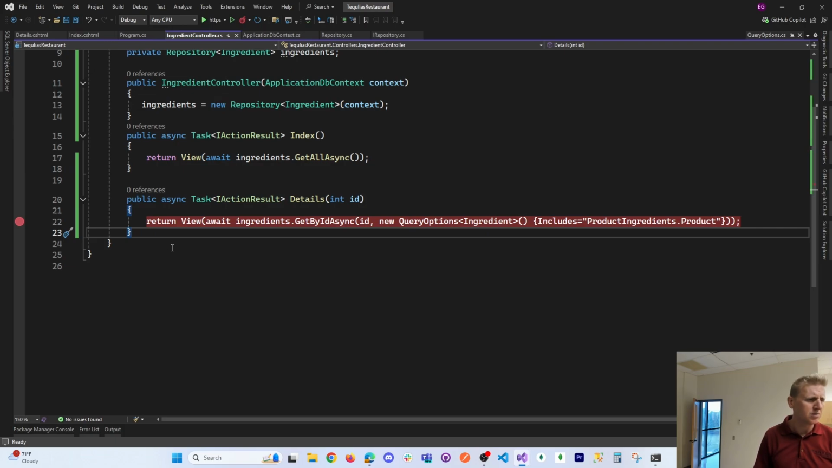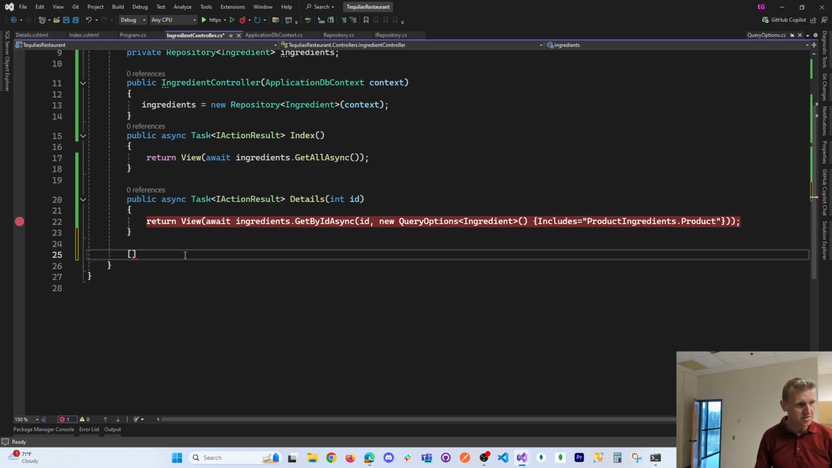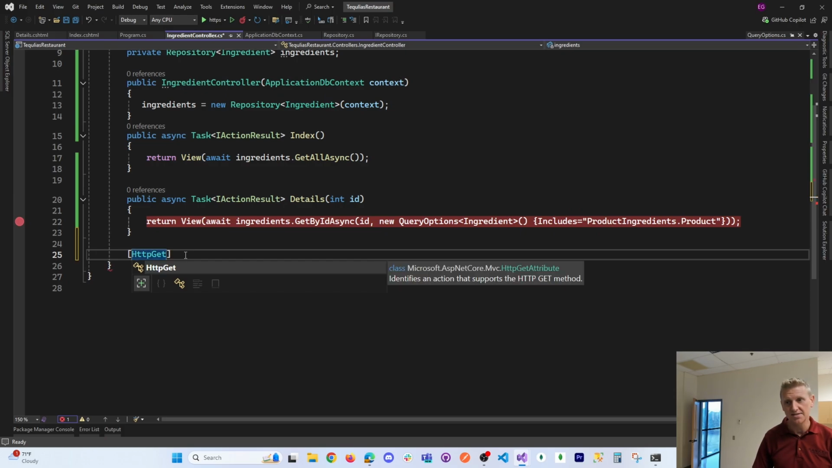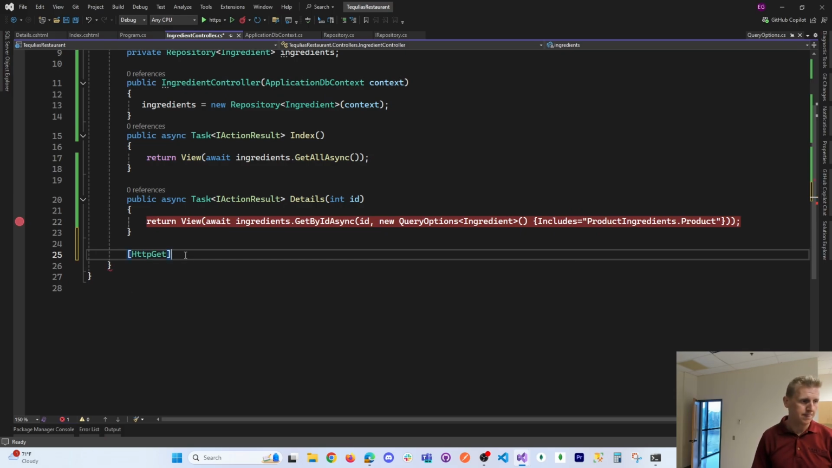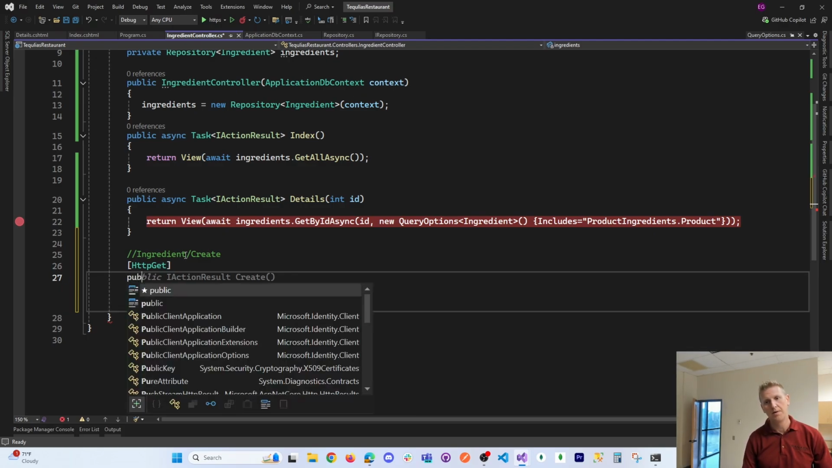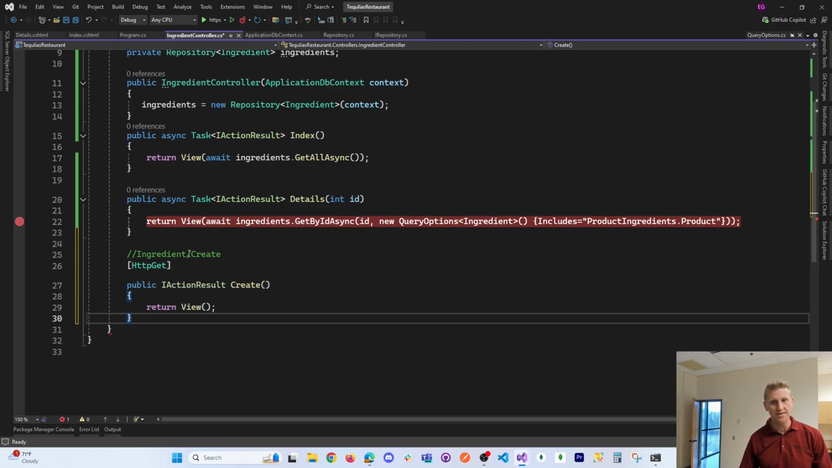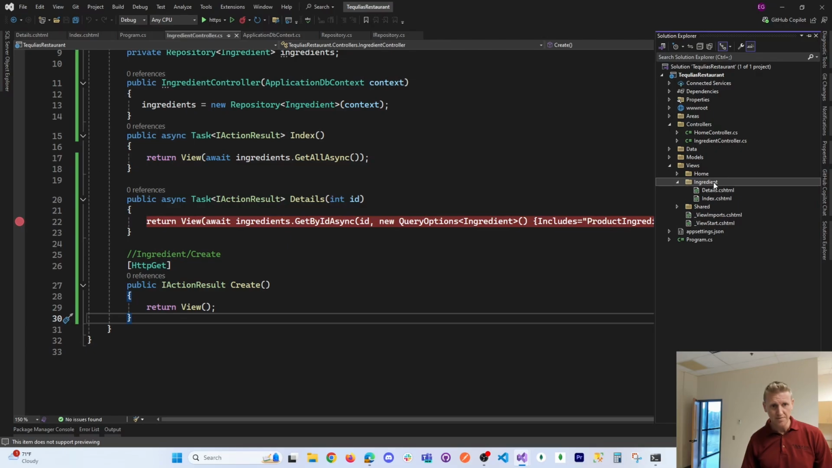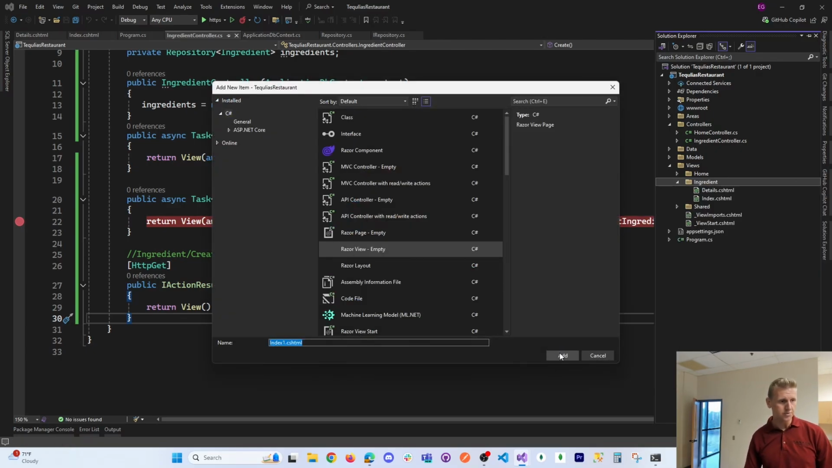And so I'm going to say HTTP get, which is going to wire up to ingredient/create. Public IActionResult Create, and we're just going to go to the create view. So let's create the create view under the ingredient folder. Let's add a view called create,